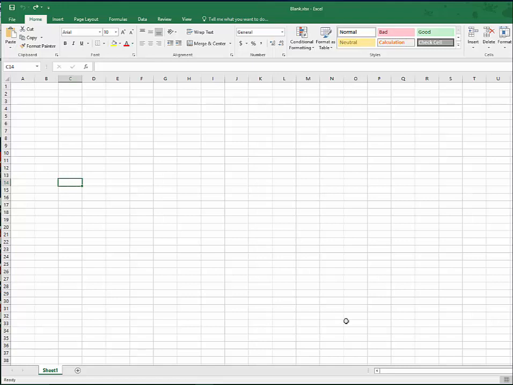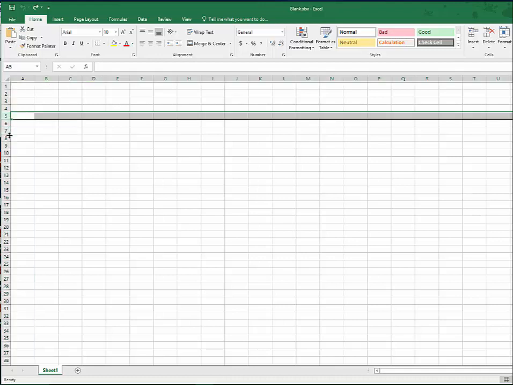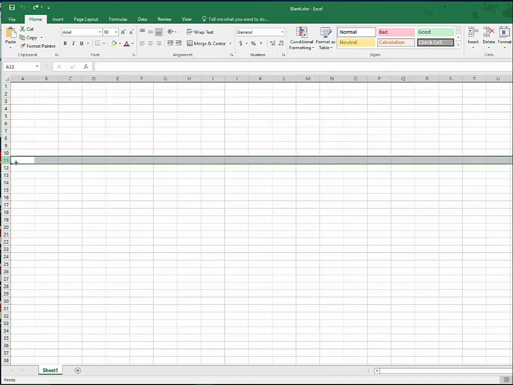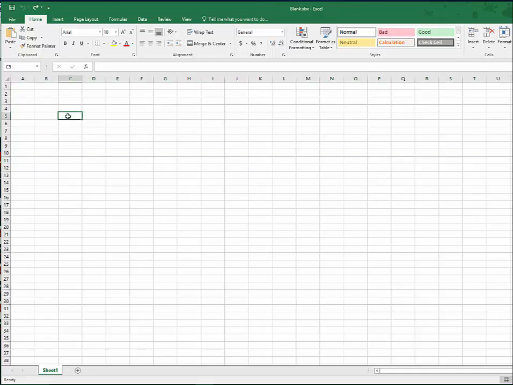In order to change the format of a cell or group of cells, those cells must be highlighted. Every cell has two cell location identifiers. The letters at the top of the spreadsheet identify the columns in the spreadsheet, and the numbers on the left side of the spreadsheet identify the number of the row. Therefore, every cell in the spreadsheet is identified by a column letter and row number combination. As an example, cell C5 would be identified by the intersection of row 5 and column C, as shown in